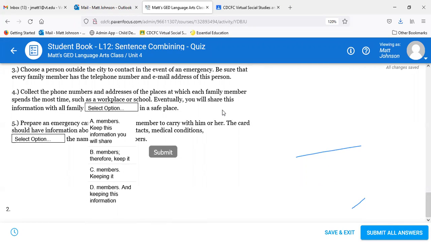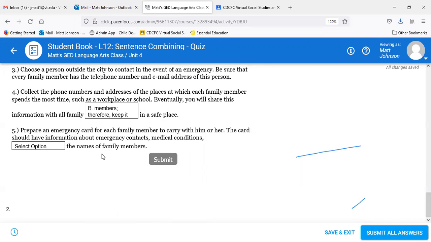B. B as in boy. So here we're using a transition word, therefore. You don't see that as much. You're going to see nevertheless or however used with a semicolon and comma more often. But here, eventually, you will share this information with all family members, semicolon, therefore, comma, keep it in a safe